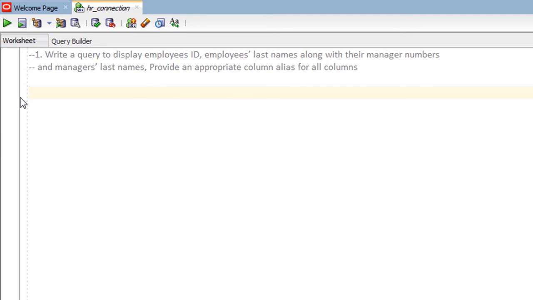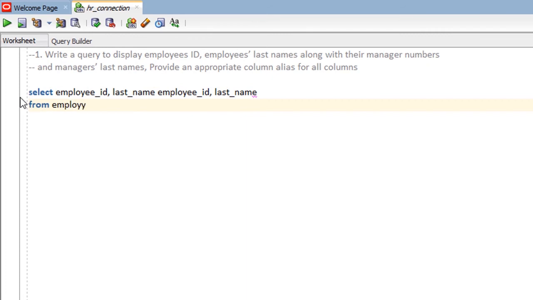So we can write our select statement. Select, we want the employee_ID, the last_name, and we want also the manager employee ID, which is also employee_ID, and the manager last name from table employees, and we can give it an alias here, W. Join the table itself, employees. So we want to retrieve